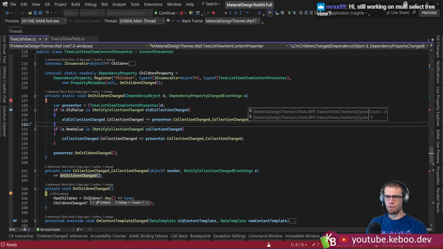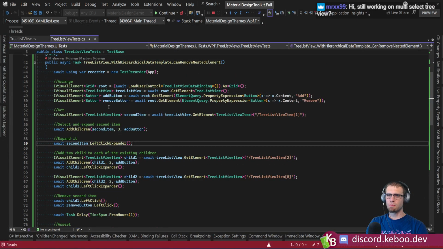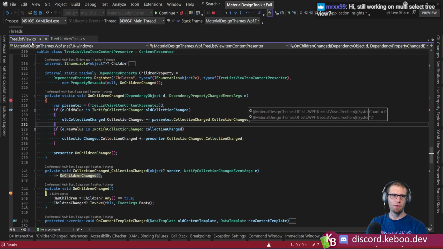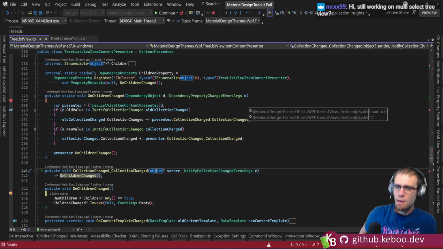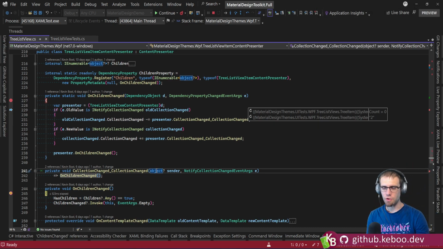Mr. X, still working on multi-select TreeView. Yes, I am mildly obsessed. But we have written some XAML tests because I was sick and tired of those bugs plaguing me last time. And we crushed one of them pretty quick, but